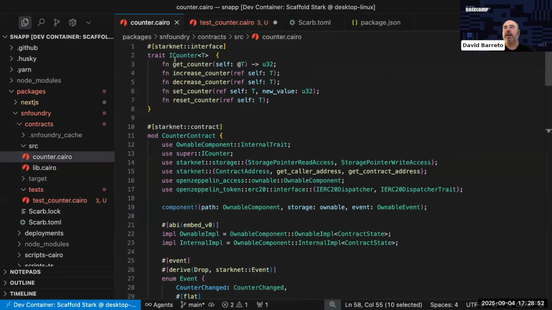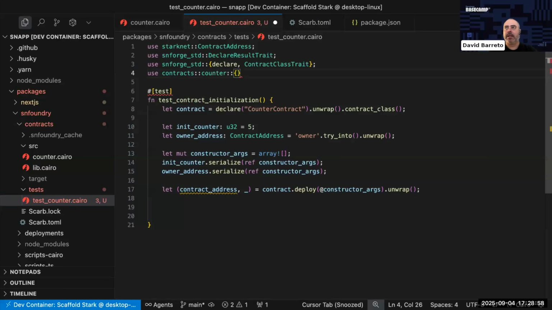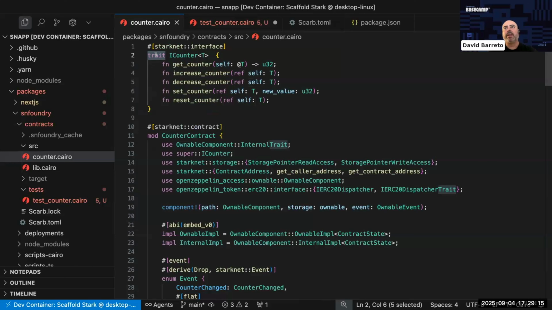One of those is going to be a dispatcher created from this trait, thanks to this attribute, and that's going to be called iCounter. Is it iCounter dispatcher? Let me see, what's the name of that? iCounter dispatcher. Yeah,